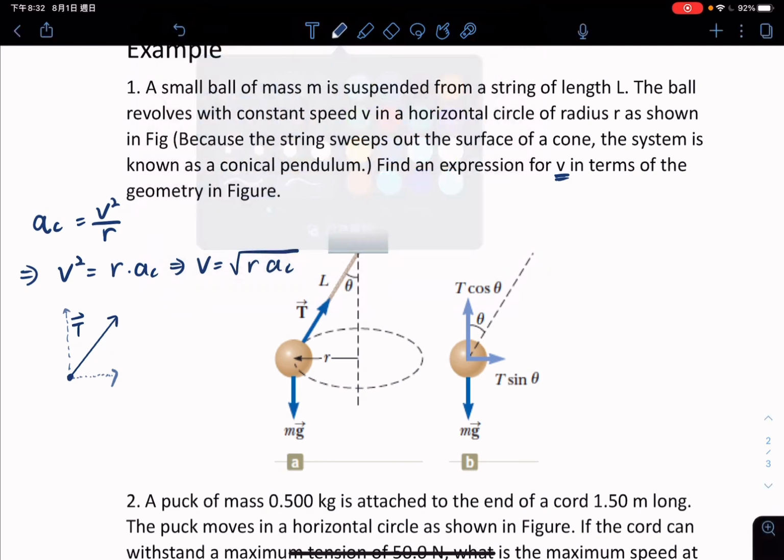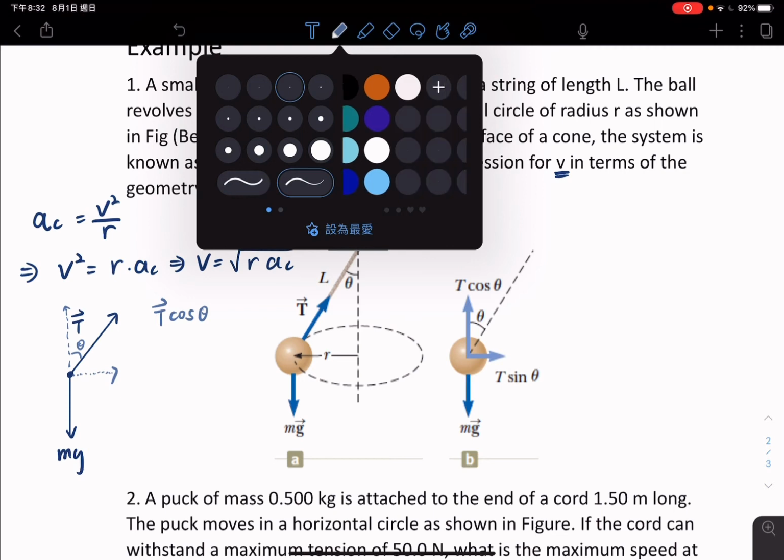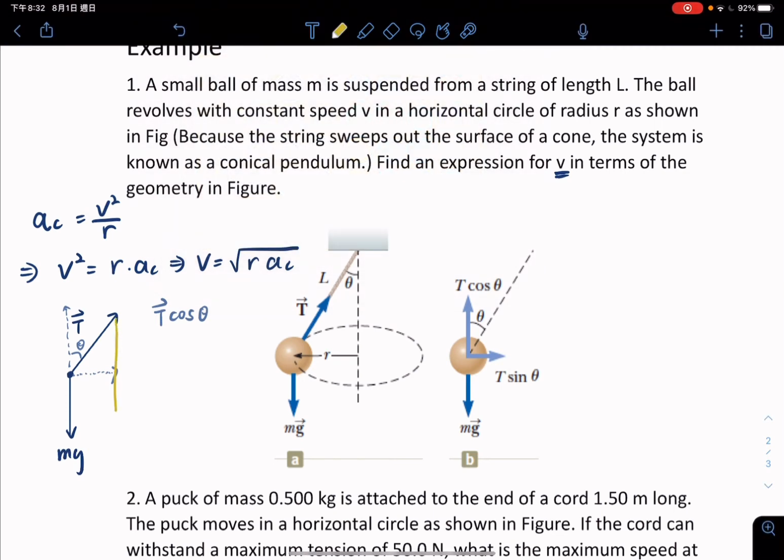And this is NG. So we know the relationship between T and NG, which is T cosine theta. Why is it T cosine theta? Because this line is